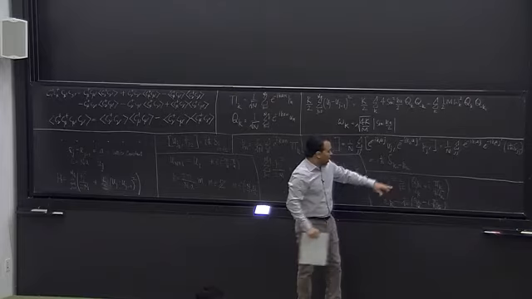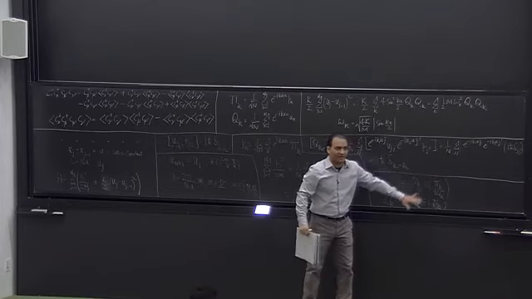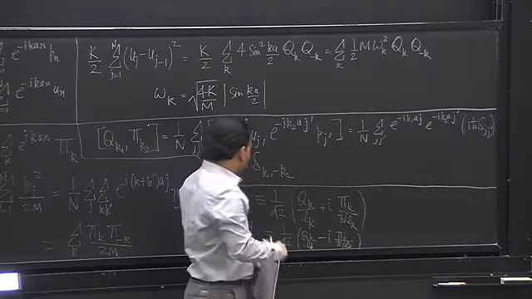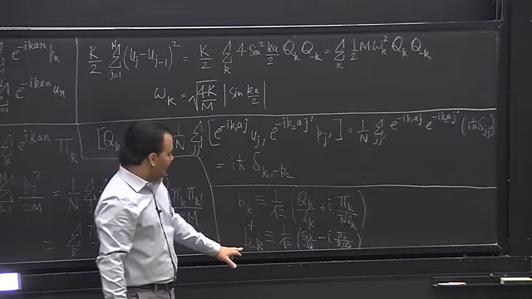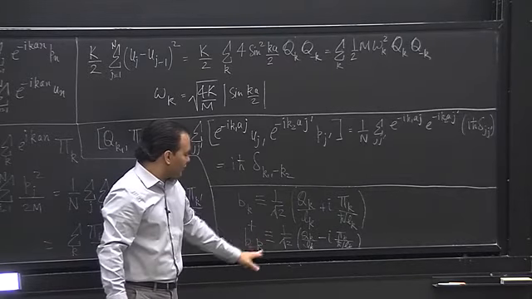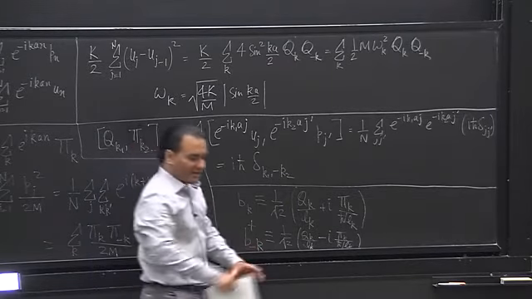So this side is just the complex conjugate of this line. The only thing is I've defined that complex conjugate as b minus k dagger,